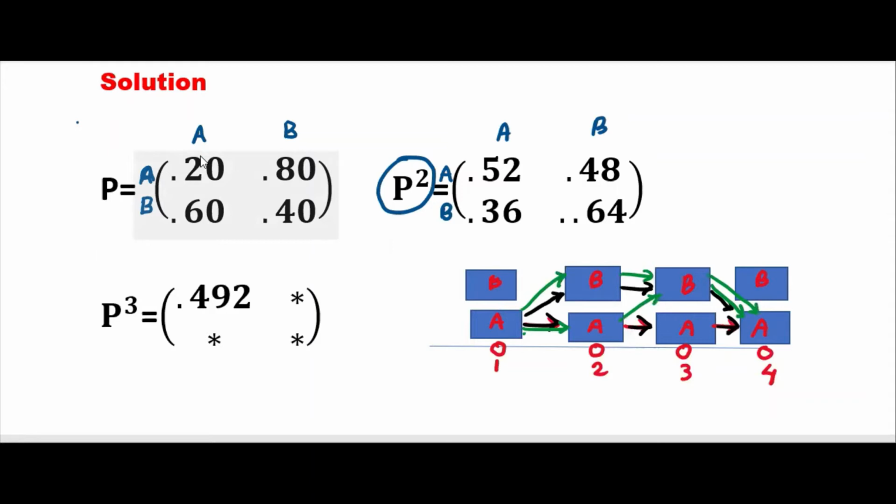If we have 5 states and with different probabilities, it's difficult to find, but matrix multiplication makes life easier. You find just P power 3 and there whatever you want. Even we don't want all the entries here, we need only the first entry, that is 0.492. We don't need all the others here.